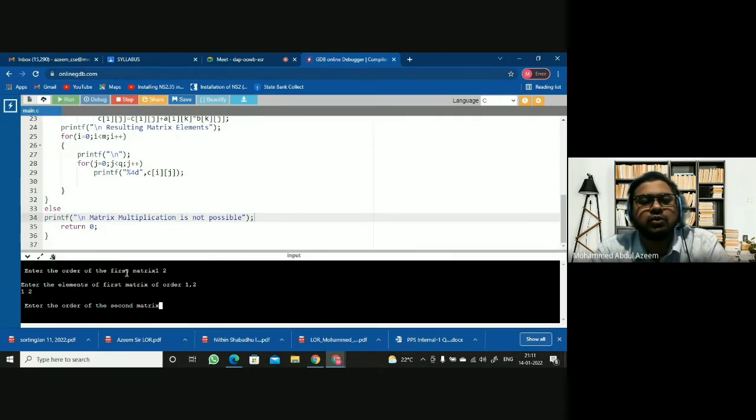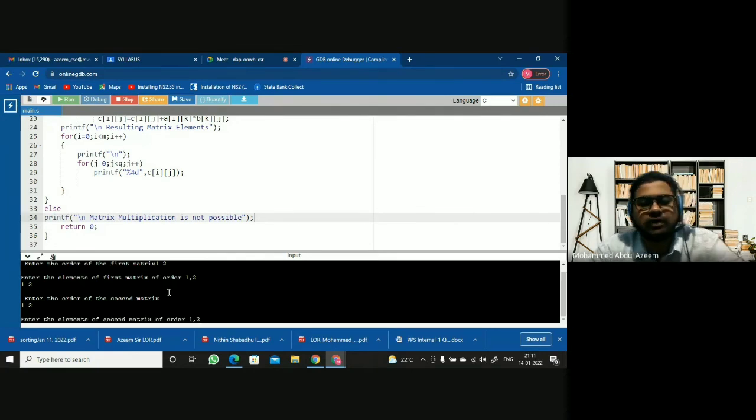Actually, in order to get the matrix multiplication possible, I need to have the number of columns of the first matrix, what is it? 2. It should be equivalent with the number of rows of the second matrix. It means my order of the second matrix must contain rows equivalent to 2. But if I give again the same thing, let us say 1 2, okay, will it be possible? Will it be possible or not?